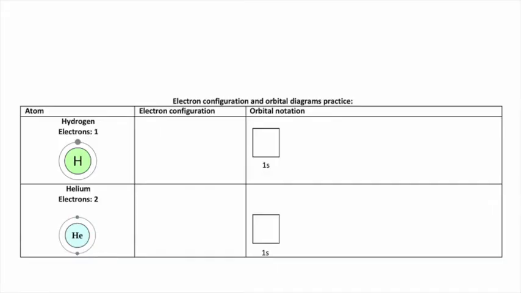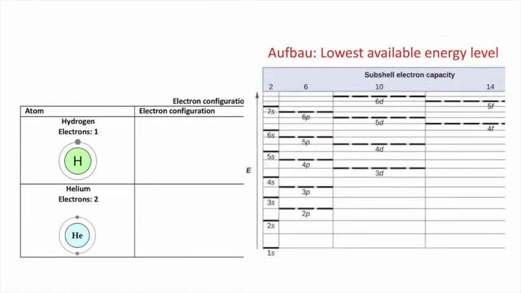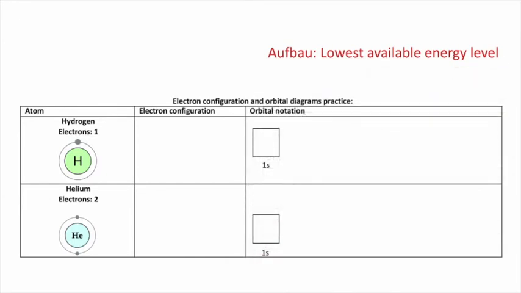So let's see how this works. We're going to start by writing the electron configuration and orbital notation for hydrogen and helium in the first row. Now for hydrogen, we have one electron, and looking at this chart, we see that the 1s orbital is going to be the lowest energy. So we are going to write our electron configuration as 1s¹. For our orbital notation, we are going to write a single arrow in the upward direction